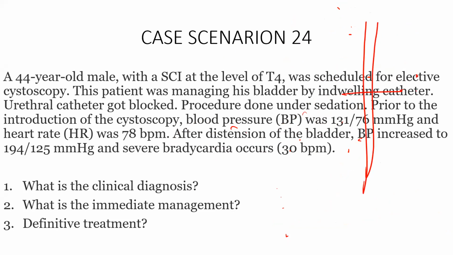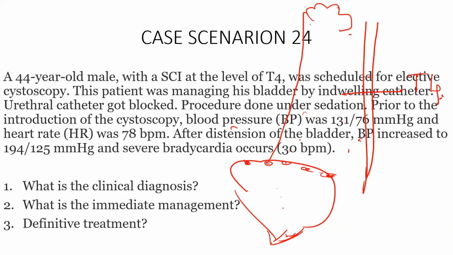Right. So T4 is blocked. Now the bladder is getting distended. When the bladder is distending, there will be local release of sympathetic hormones. So that will send the response to the brain. The brain, in order to counter the sympathetic response, will activate the parasympathetic system in the brainstem. So that parasympathetic system will send the signals through the spinal cord.